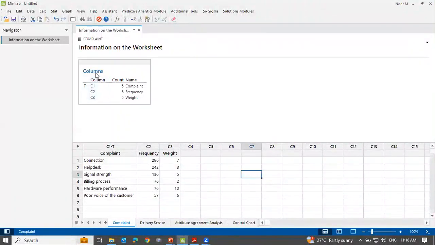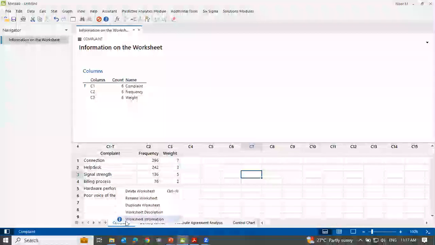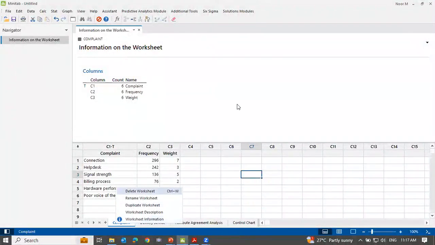So you can see here, we have the column and a count of how many, and we have the name of the columns. Okay, I think the most important thing we show in this case is, if it's T here, it means that this column is really a text data set. If nothing appears here, it means that this column is a numeric data set. So you can right click and see the worksheet information. Okay, so for this case, we try with this one,